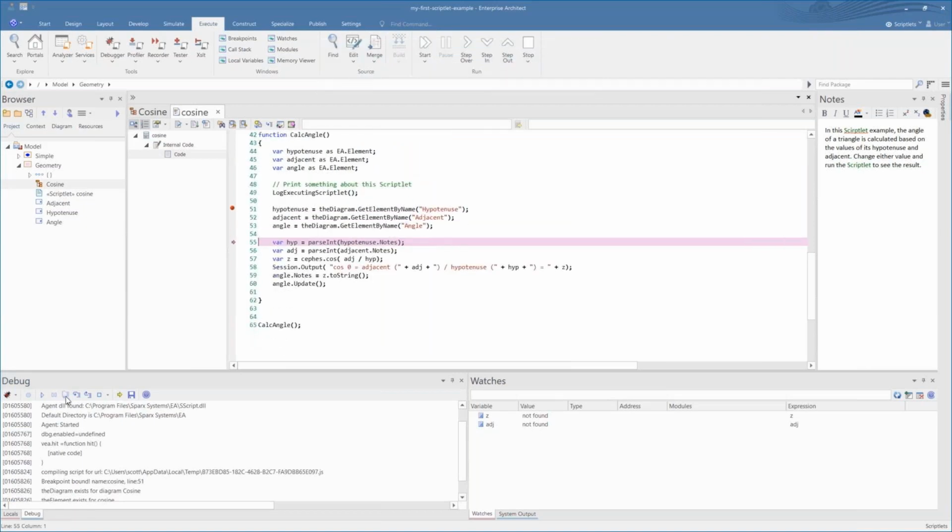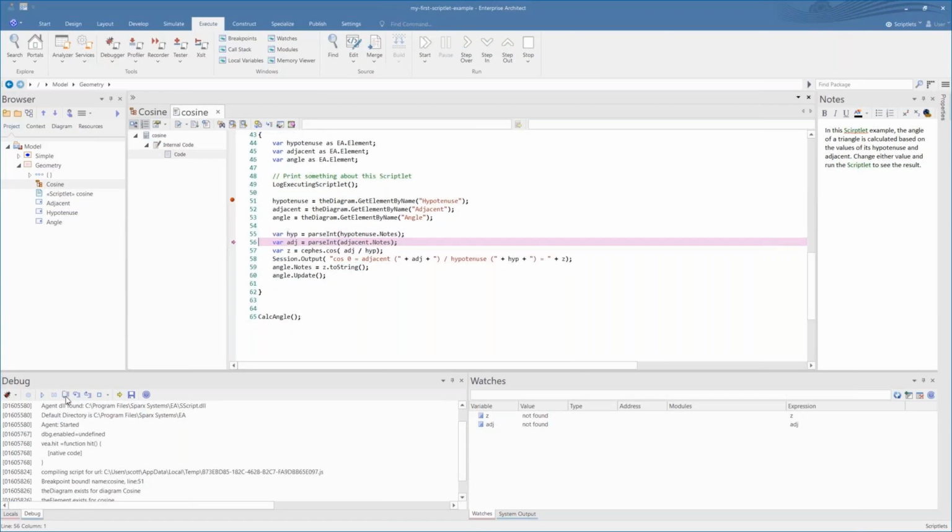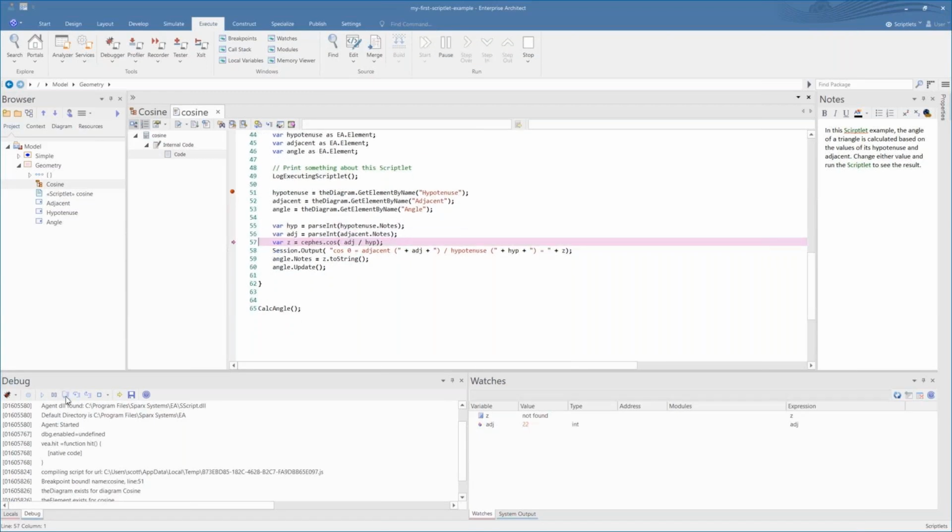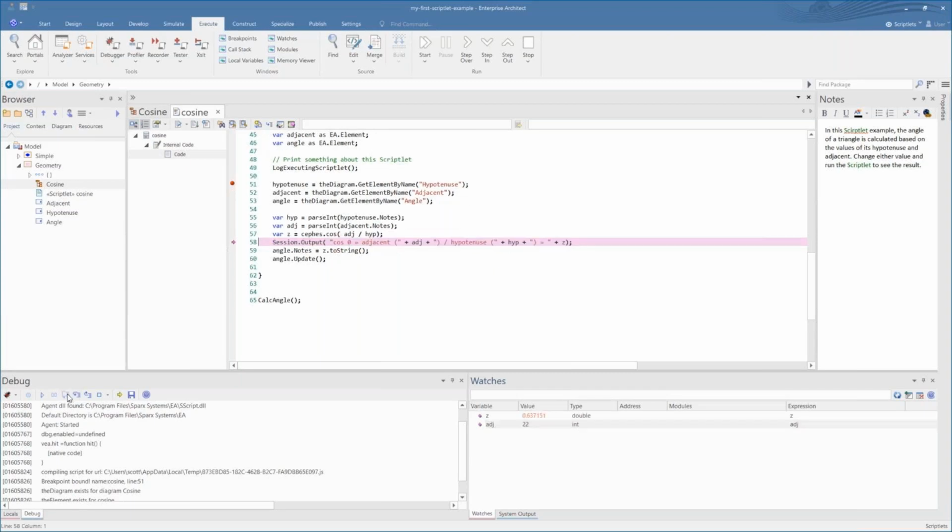So as I step over each line of code, you'll note that both the adjacent and Z values will come up as I step over the code, and you can see that adjacent is now valued at 22 and Z is now the angle of 63.